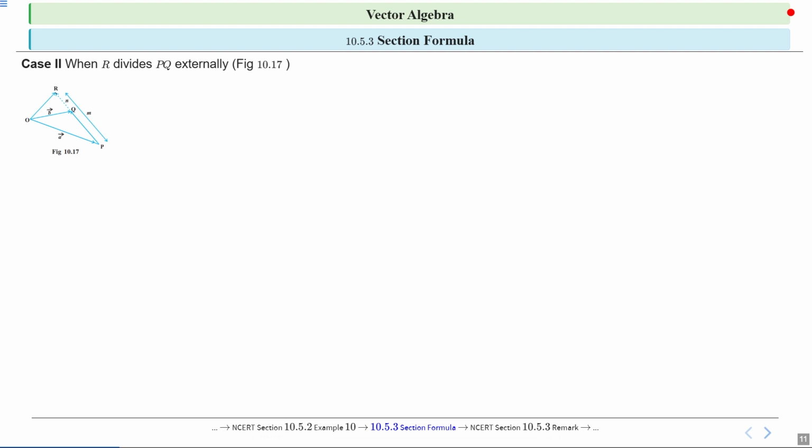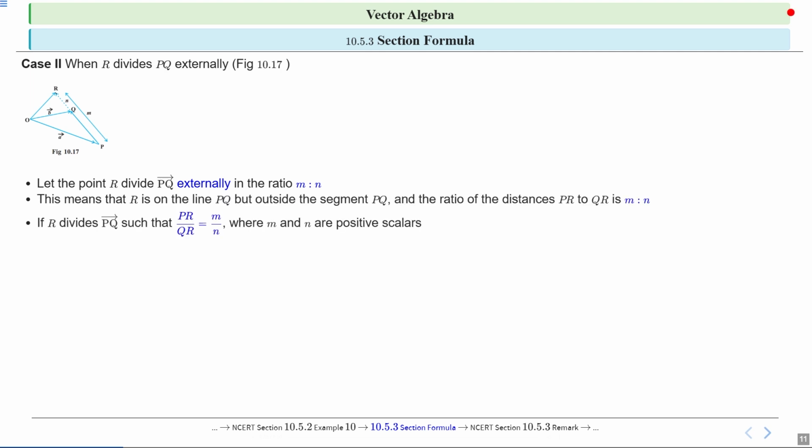Case 2, when R divides PQ externally. So let the point R divide PQ externally in the ratio m is to n. This means that R is on the line PQ but outside the segment PQ, and the ratio of the distance PR to QR is basically m is to n. If R divides PQ vector such that PR upon QR is equal to m upon n, where m and n are positive scalars, we can express this